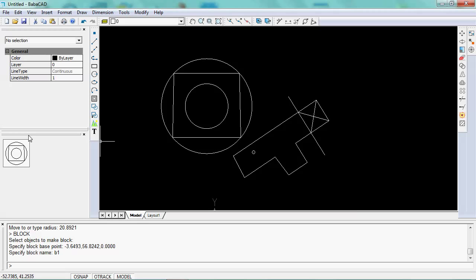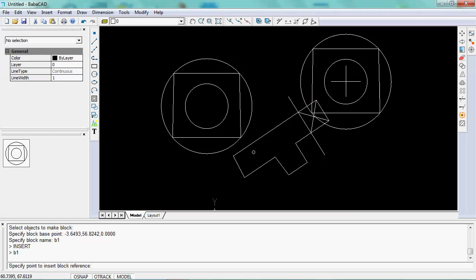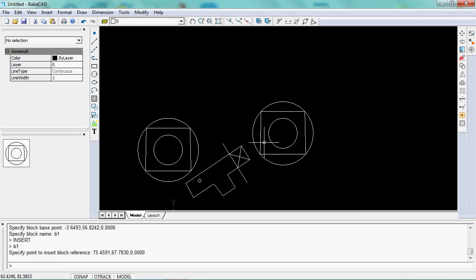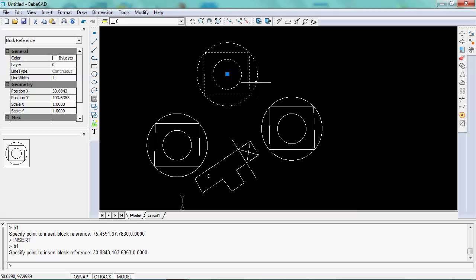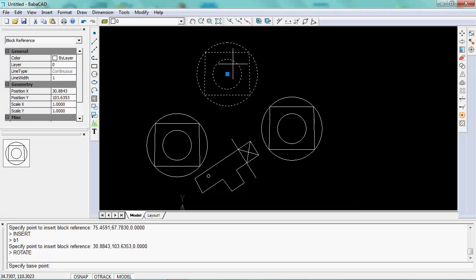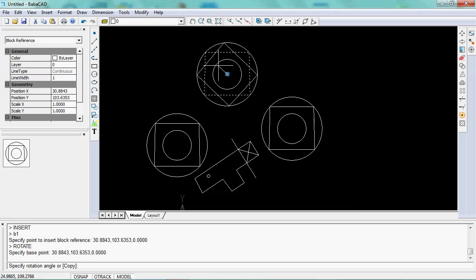For preview or later fast access to insert block, you just have to double click on this block and click to insert in drawing. You can rotate blocks